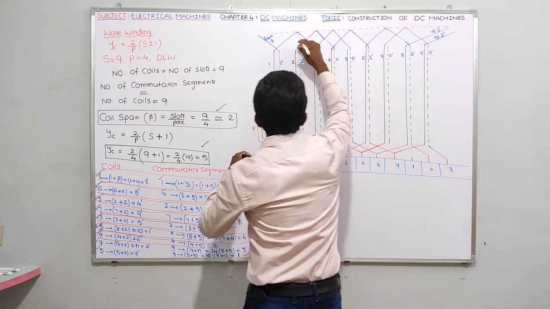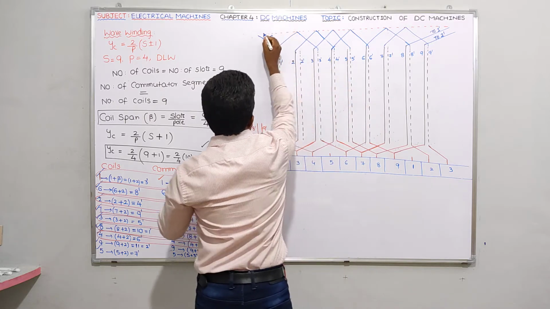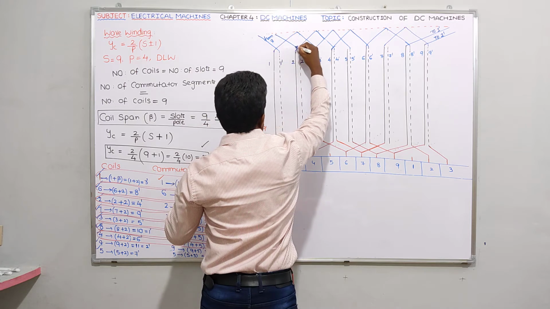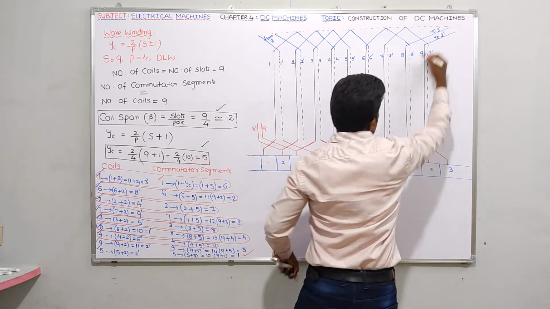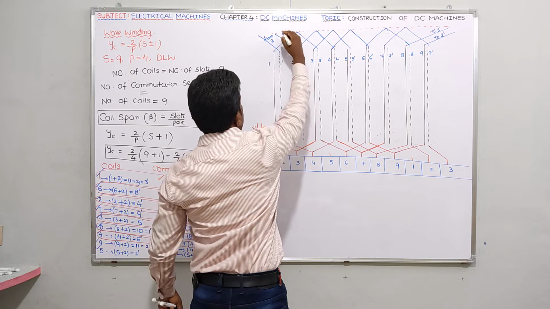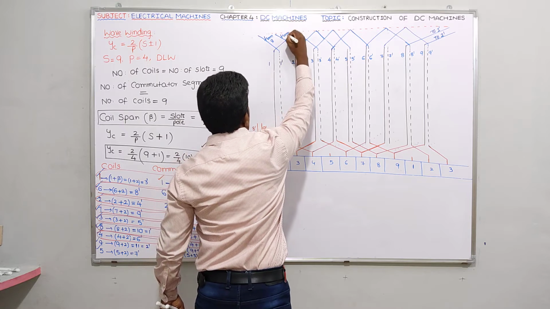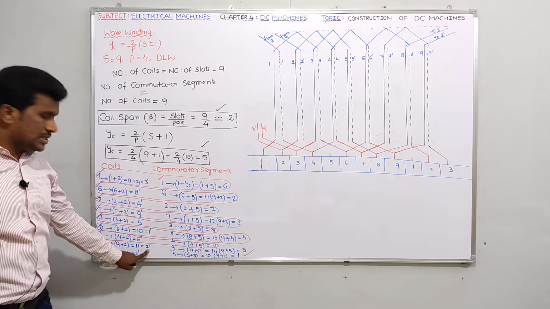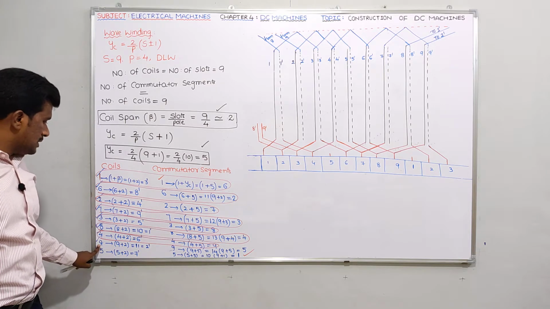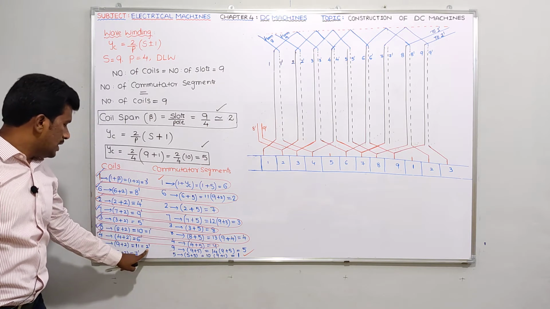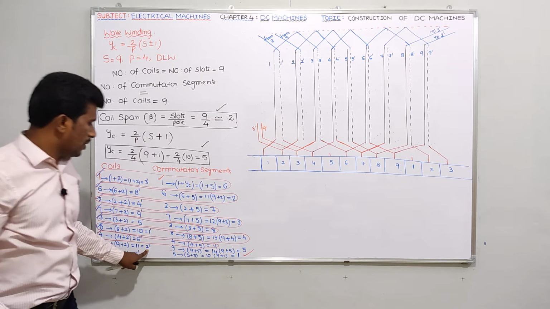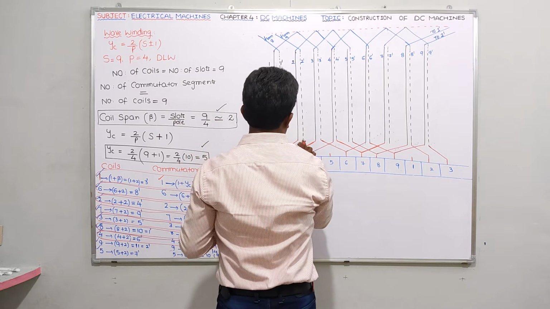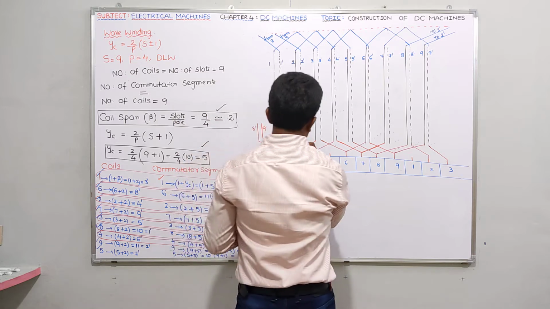That means this 2 dash is coming from which one here? It is coming from 9, no? From 9 it is going towards 2 dash. Okay. So tell me, guys, in this 9 2 dash coil, the 9th conductor is connected to the 9th segment, whereas the 2 dash conductor will be connected to what here? The 5th segment. So the 2 dash conductor will be connected to the 5th segment like this.